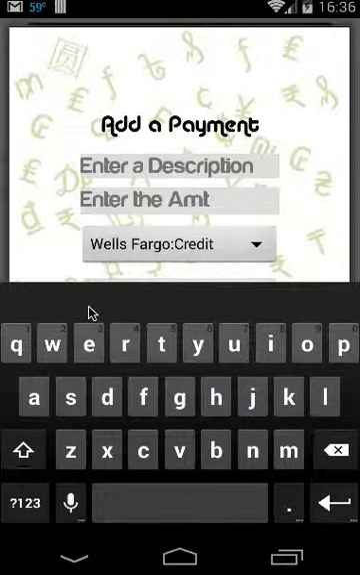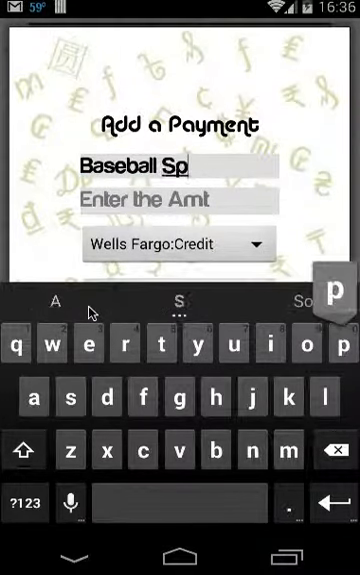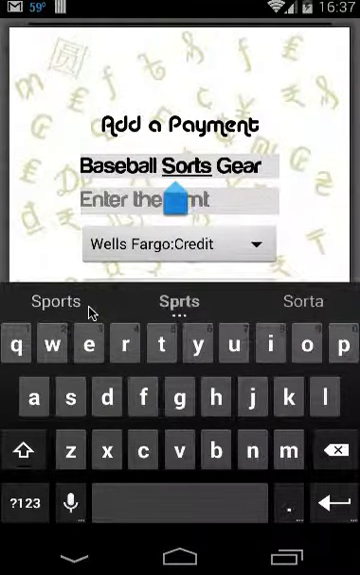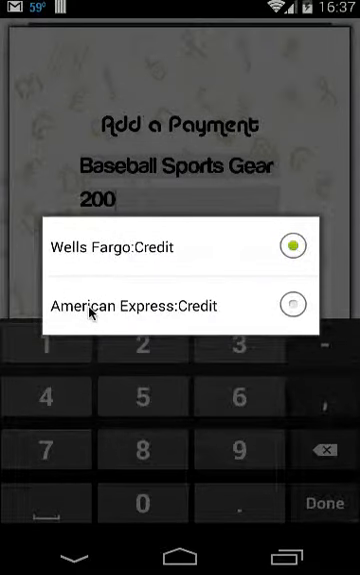So let's say baseball sports gear. Oh, why do I always forget a P. And the amount is say $200, and the credit card, okay, now here you see all the cards that you have added in the manage card section appear right here. So based on which card you have made the payment with, you can select the card accordingly. So I'll select American Express credit card,